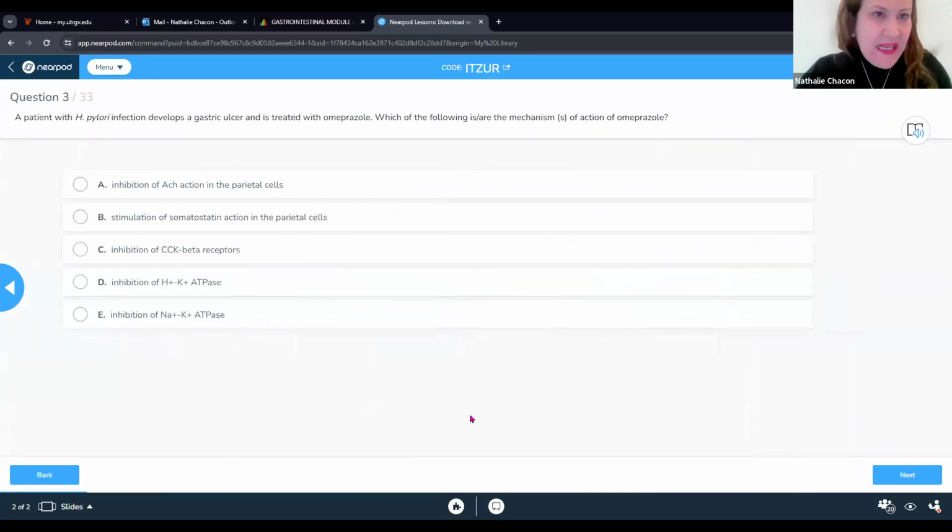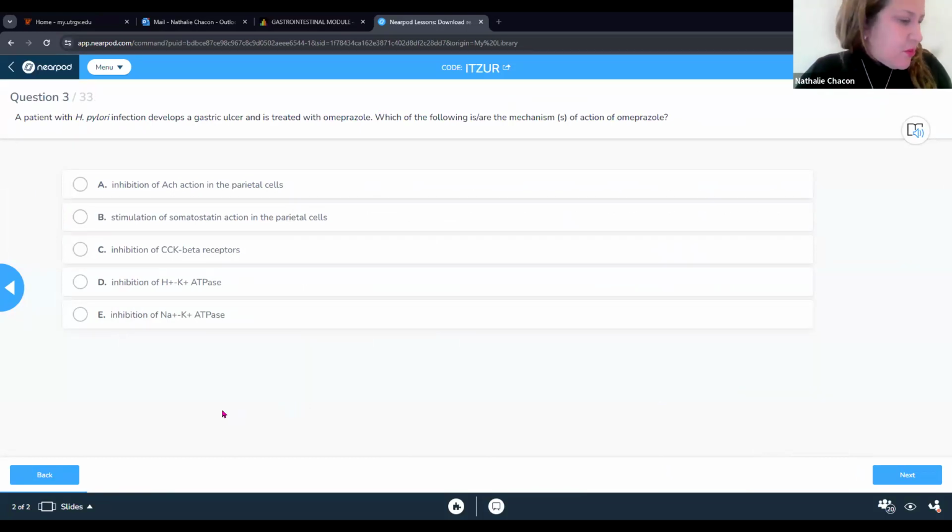A patient with H. pylori infection develops a gastric ulcer. You're going to see this. Gastric ulcer has to do with H. pylori. It's one of the pathogenesis. Okay, and which is the mechanism of action of omeprazole? So, indicating this